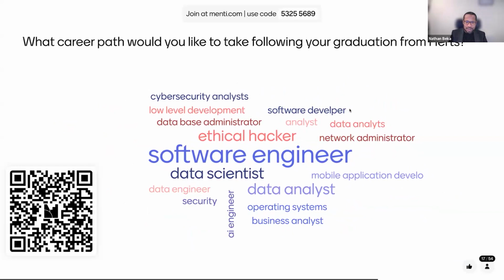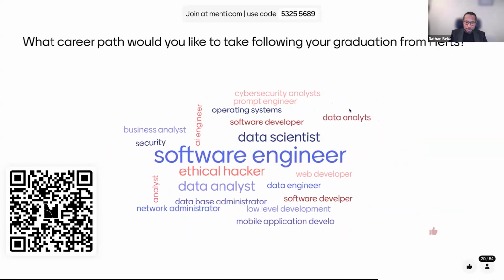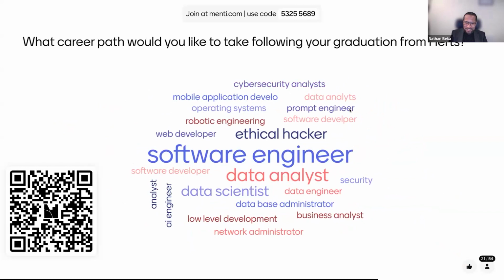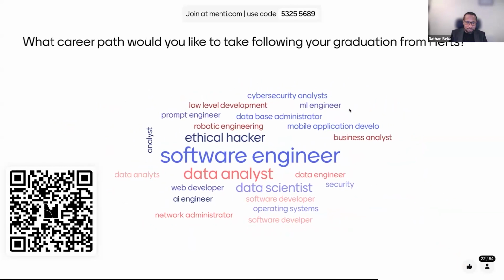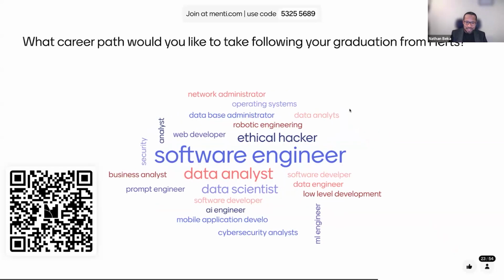It's very interesting areas you would all like to get into. I can see software engineer is very popular. Prompt engineer, interesting. Network administrator. Web developer. Okay, that's good. We have quite robotic engineering. So we have quite a variety of things people would like to get into,